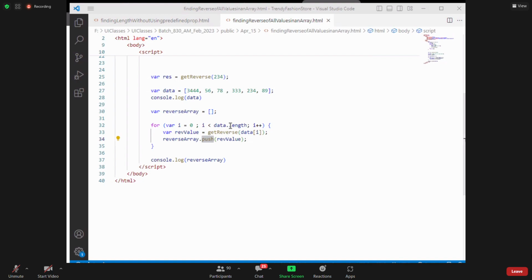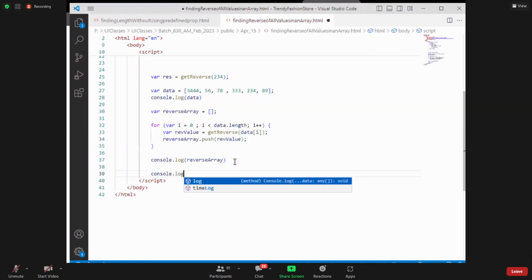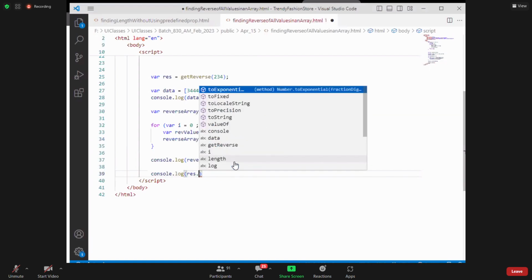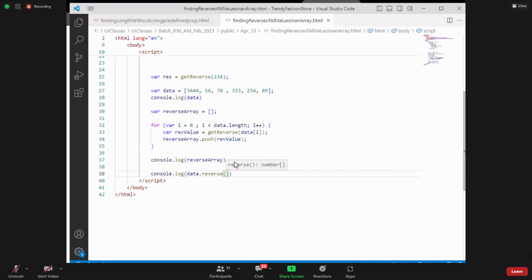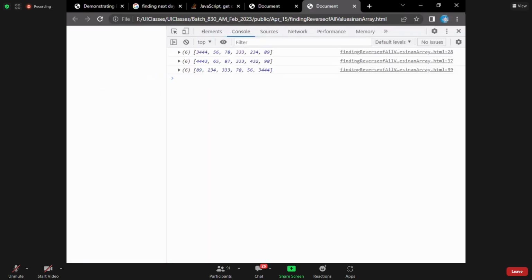Next, now Ratnam, how to get array 89? Okay, you want to find the reverse of the values inside the array. Then you can simply say console.log, not result, data dot reverse. Am I clear,